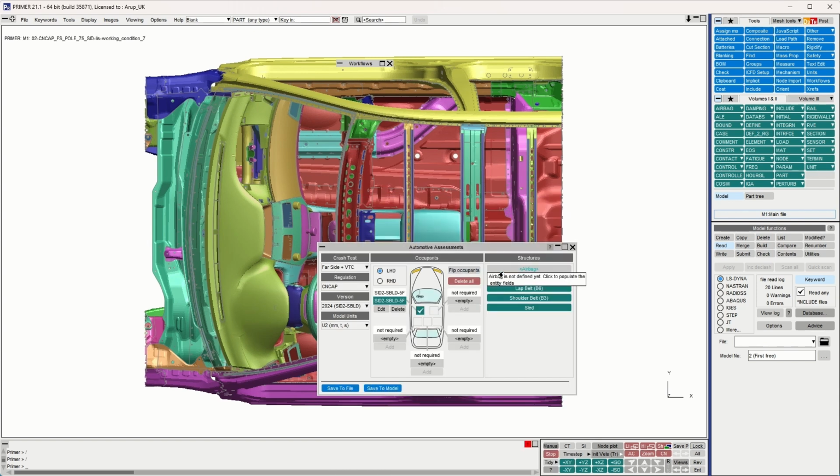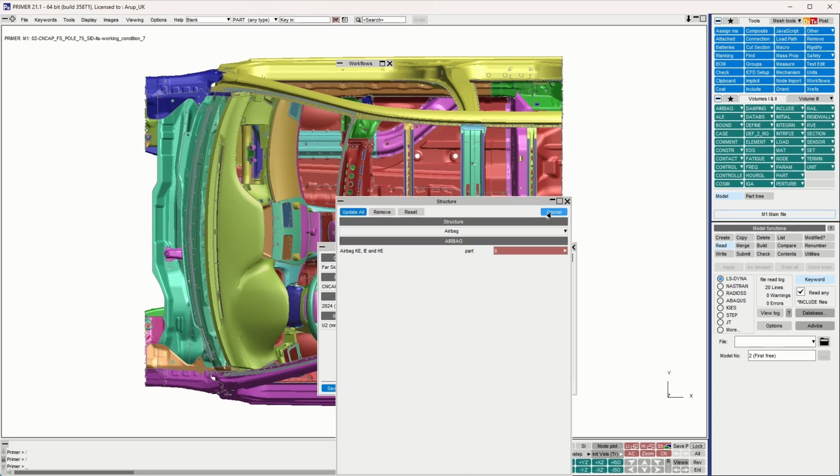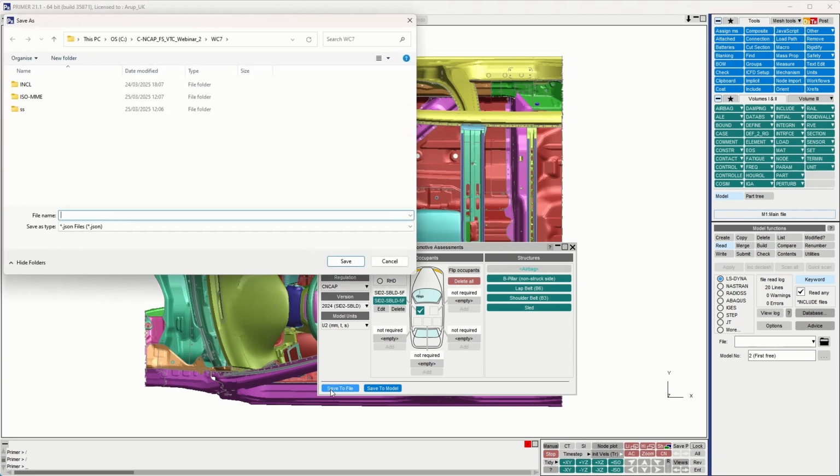And then this vehicle doesn't actually have an airbag, so it's okay to leave that blank. But if it does have an airbag, then you can define that by selecting the airbag part. So now I'll save that to a file, Automotive Assessments, Workflow Data,